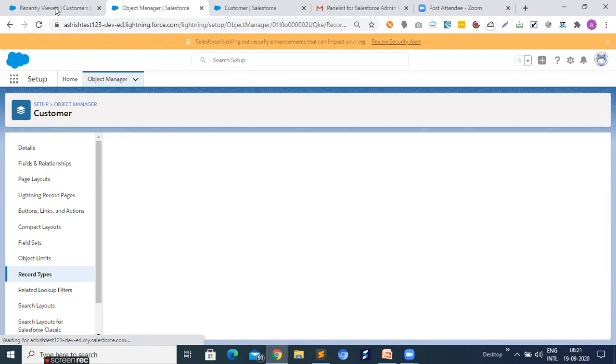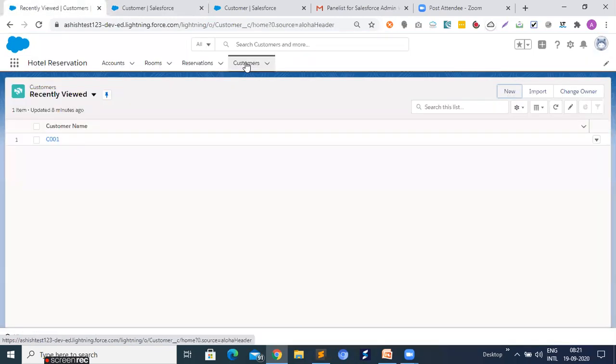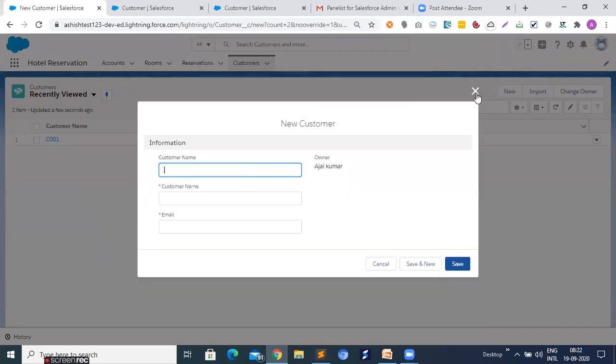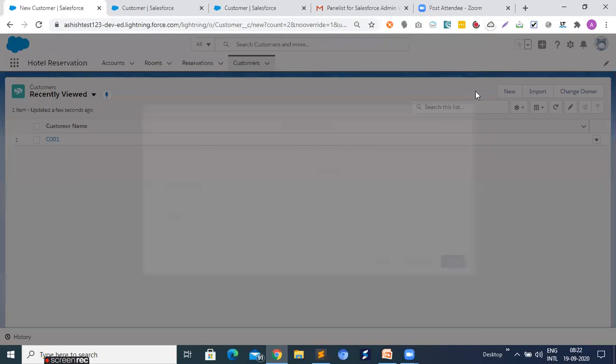Just go to your object and click on customer. Just click on new. We need to further check.